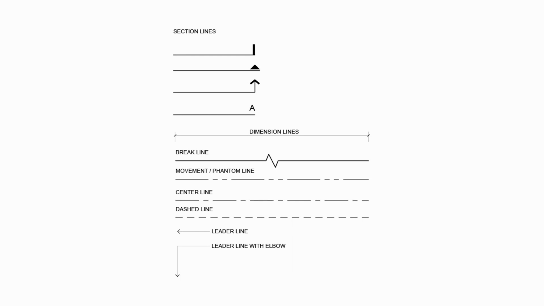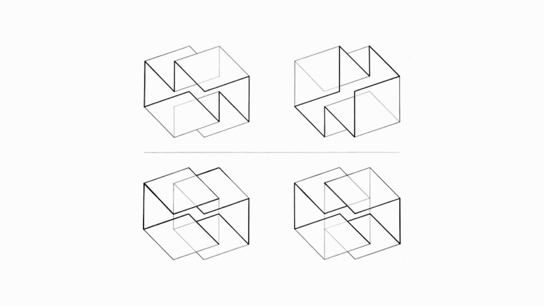And then the leader line, or the leader line with an elbow, is just giving us a little arrow on the end, pointing out something. It's like a note of what's going on. So here's an example of